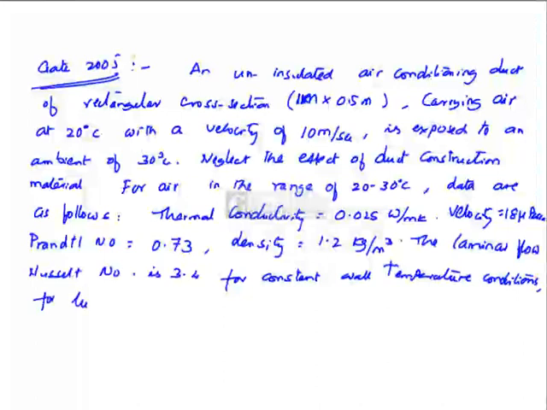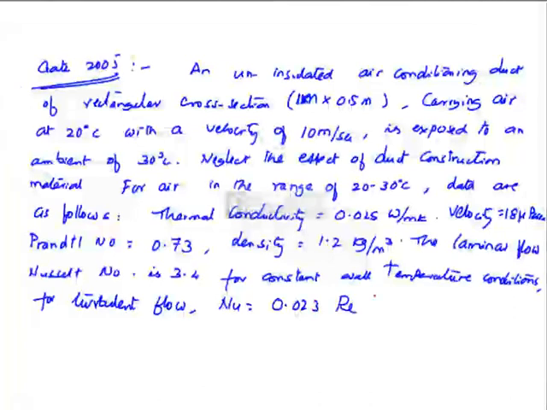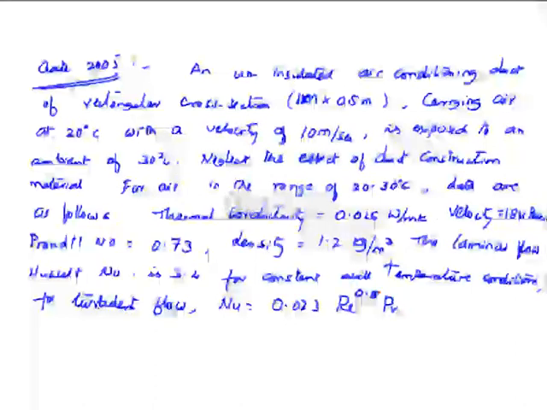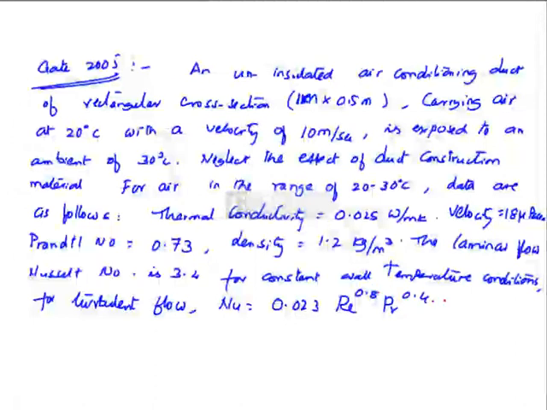For turbulent flow, Nusselt number is equal to 0.023 Re to the power of 0.8 Pr to the power of 0.4. Then the Reynolds number